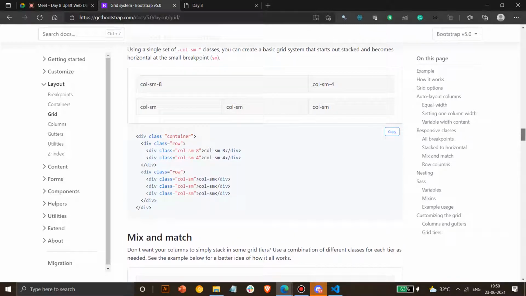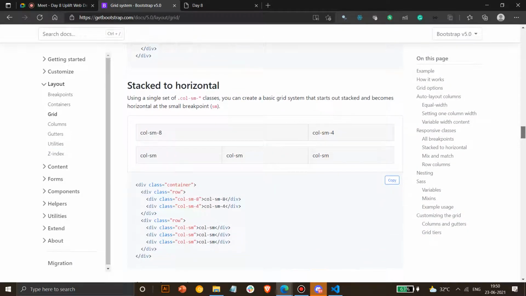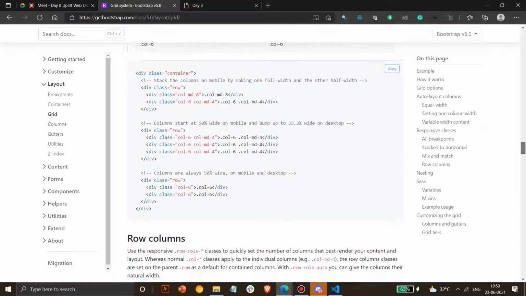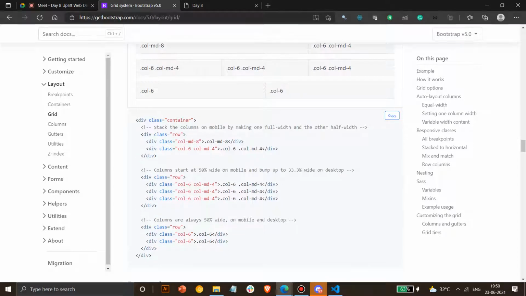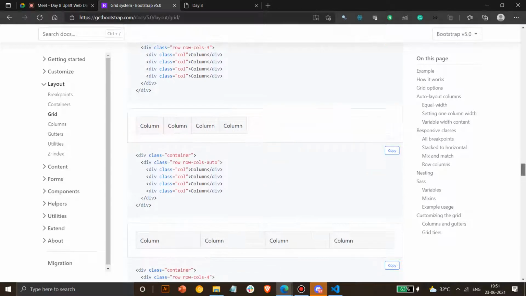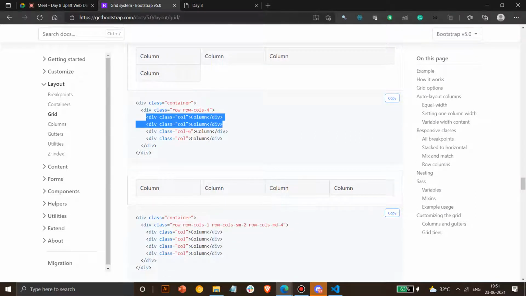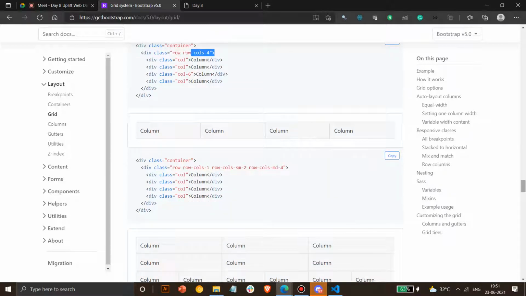Then if you go beyond, this is for smaller devices, same thing, it goes like that. If you go into very small devices, it won't work. Okay, so moving on, then same thing, MD and LG. So if you have to specify for both devices, you can use it like this. And then I'll show the breakage one. Okay, so if you go beyond the number of elements in a column, then it will automatically break. That's because of row-cols-4, because every column should be by default cols 4. Okay, so these are basically the rows of it.